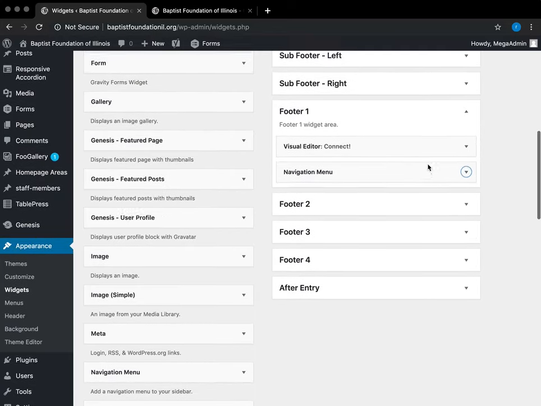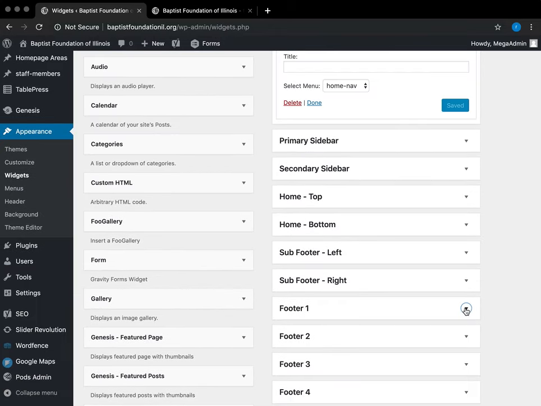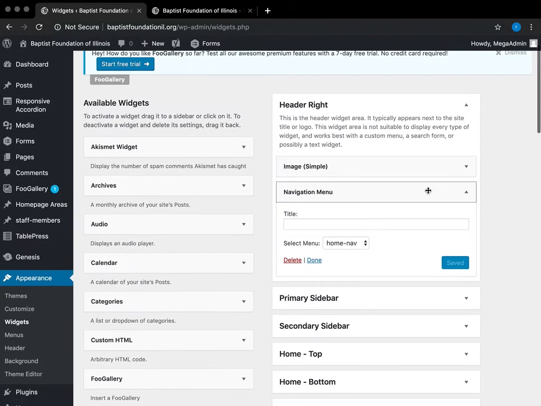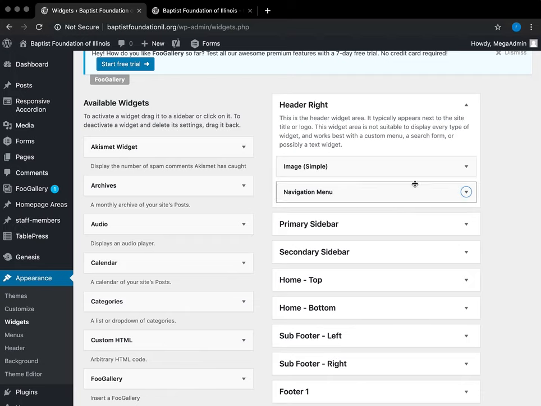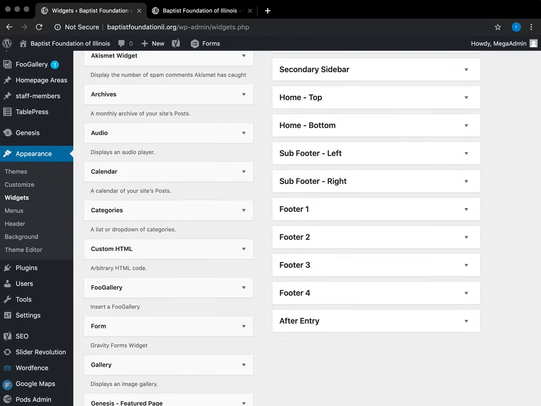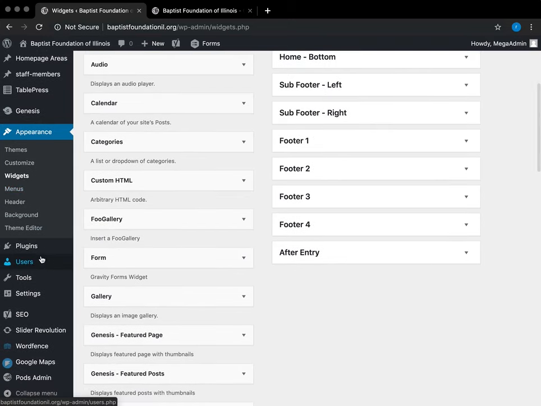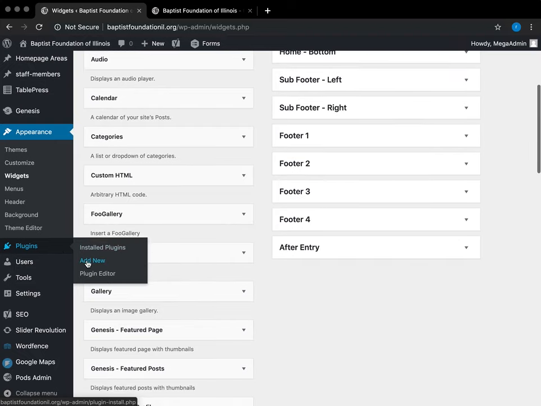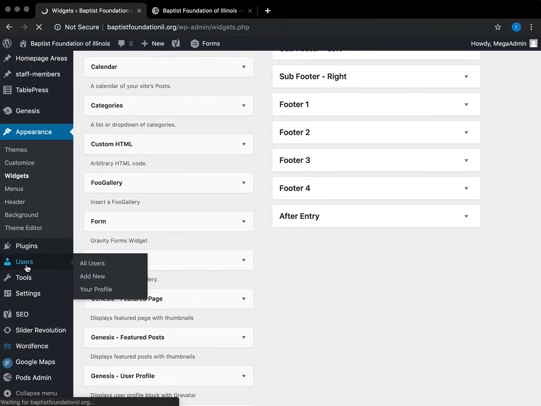You need to be careful making changes here because sometimes these areas aren't currently formatted, and if you just throw something different in there, it might not look exactly how you want it to look. So if you have any issues with that, just let us know. Plugins, we've already talked about how to update those. If you're adding any users,